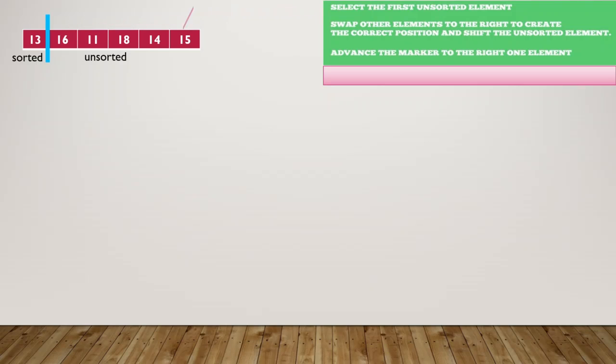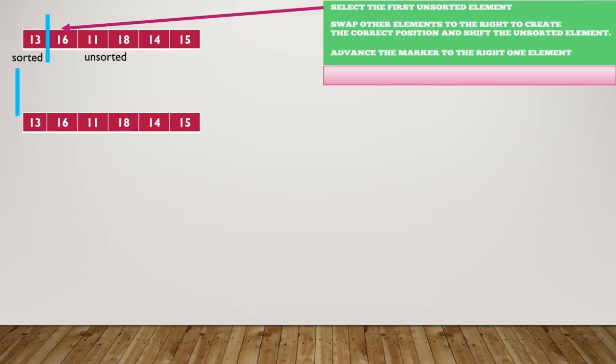Here we take the first unsorted element, that is 16, and move the marker to the next position. Now swap to create the correct position. When we swap, first we swap 11 and 16: 11 moves to the position of 16 and 16 moves to the position of 11.